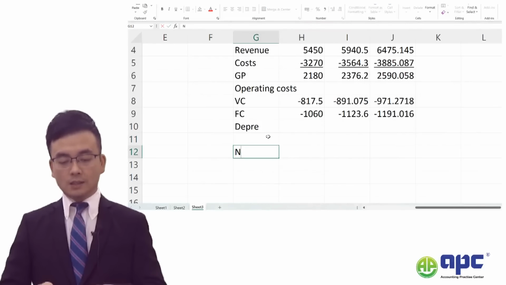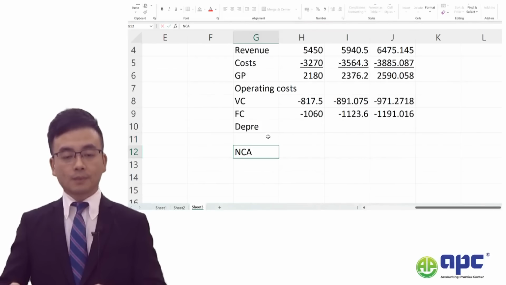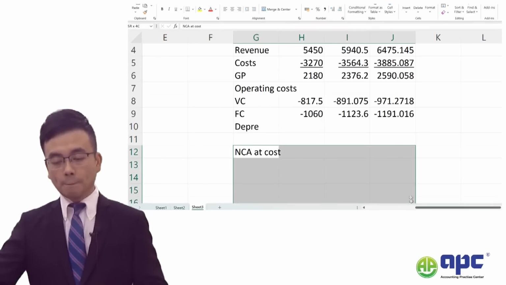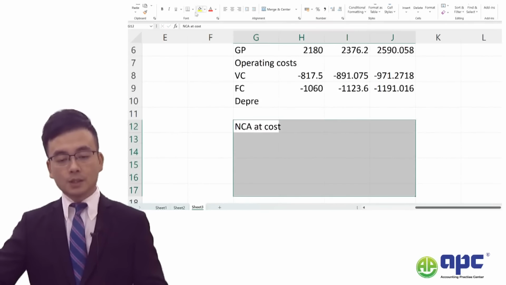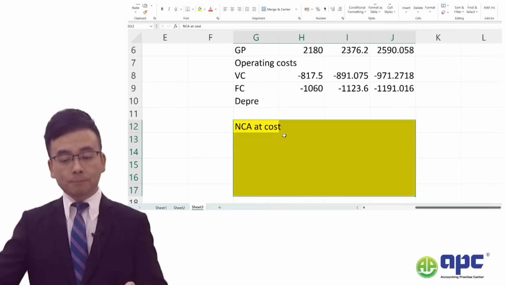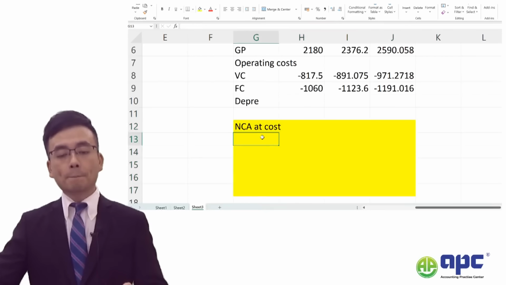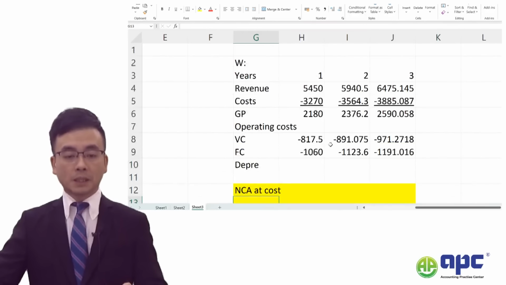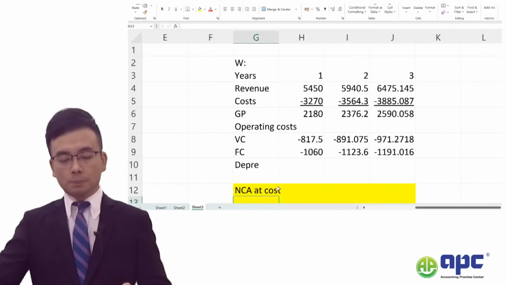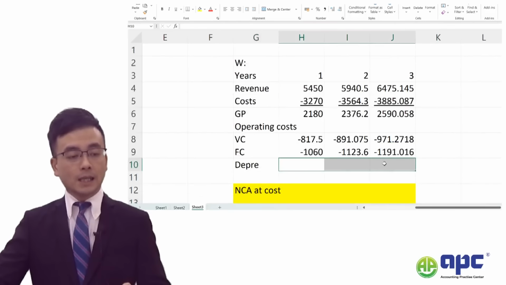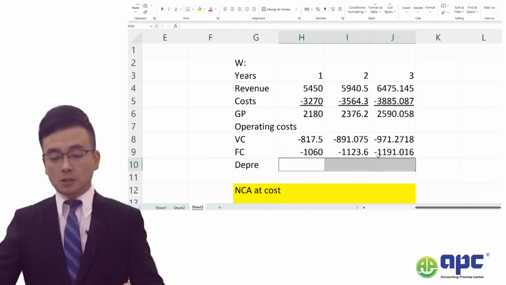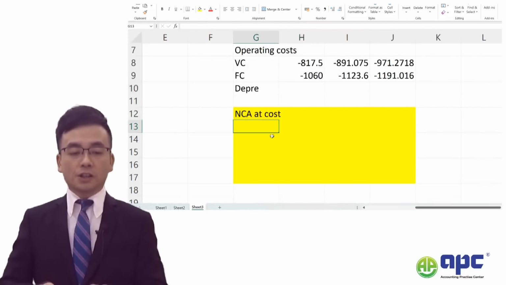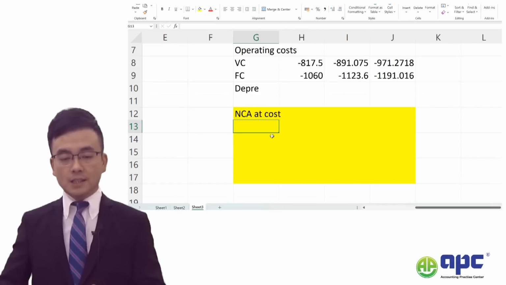Firstly, we'll need to see the non-current asset at cost. Well, this sort of stuff may not form into the actual calculation. So you can label that. It's entirely up to you, just not to mix them up with the actual calculation here. Because all you can do later on is to put the depreciation expenses here, and that will give you the operating profit in total. Now, non-current asset cost, firstly, in year one,